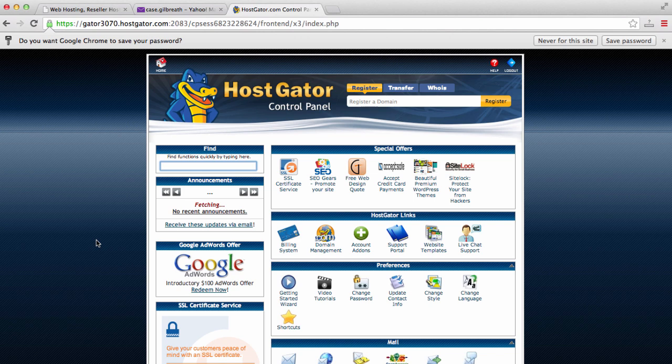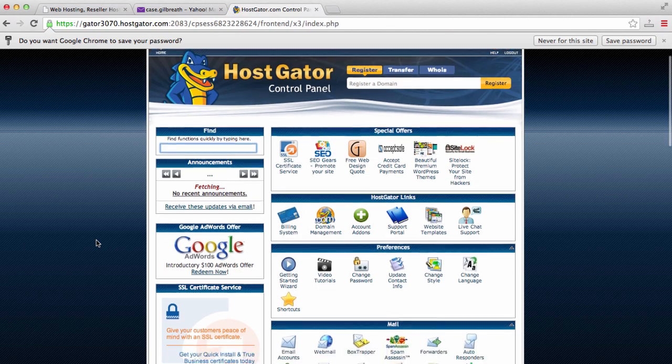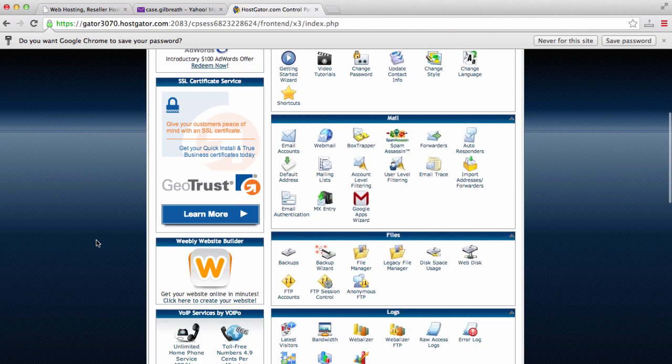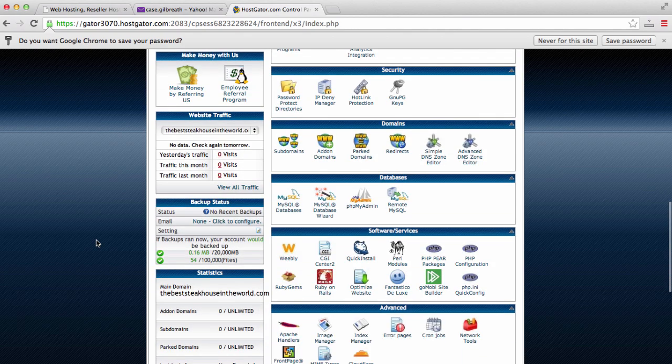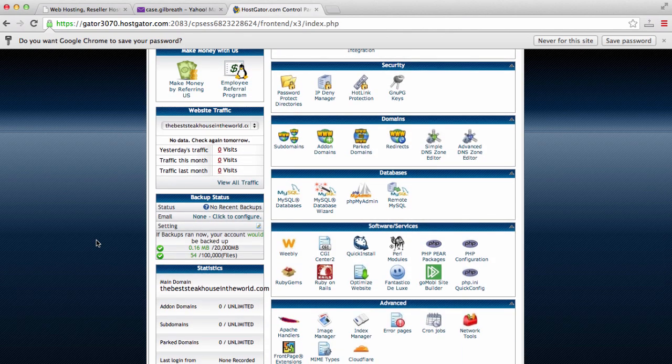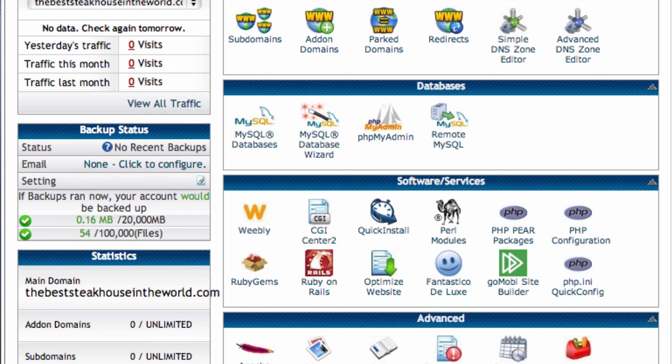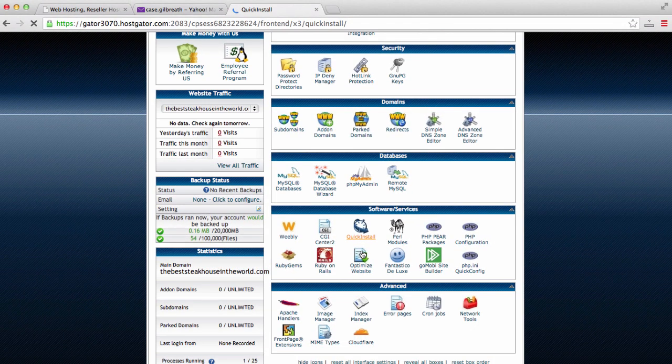Okay, and this is HostGator's control panel. So we can do a lot of really, really cool stuff from this control panel. But for our purposes, I always install WordPress on my websites, just because of the market share it has and how cool of a content management system it really is. So to install WordPress, we will need to scroll down on this page and come down to Software Services, and we will click on Quick Install right here. So I'm going to hit Quick Install,